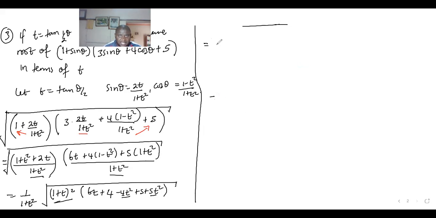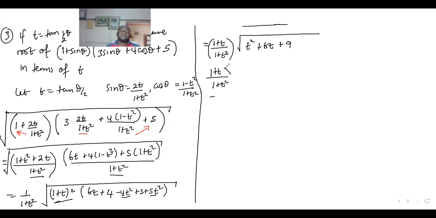The power of a half takes it outside to become 1 plus t out of 1 plus t squared, times the square root of 6t. So we have seen 5t squared minus 4t squared gives us t squared. Then we have plus 6t. Now there is a 4 and a 5, which gives us a 9. Two numbers multiplied, you get 9; added, you get 6. Those two numbers are 3 and 3. So t squared plus 3t plus 3t plus 9